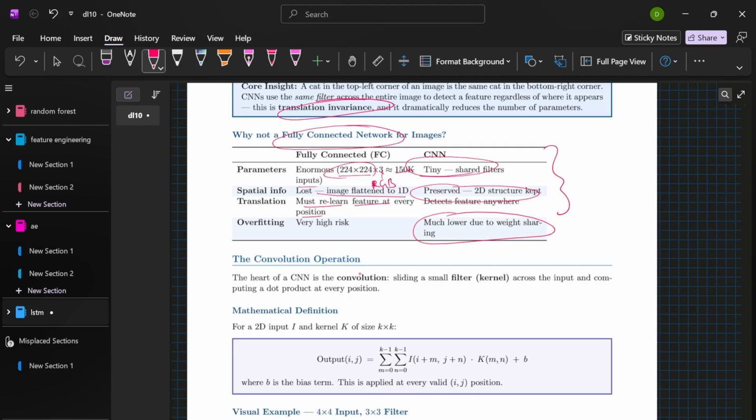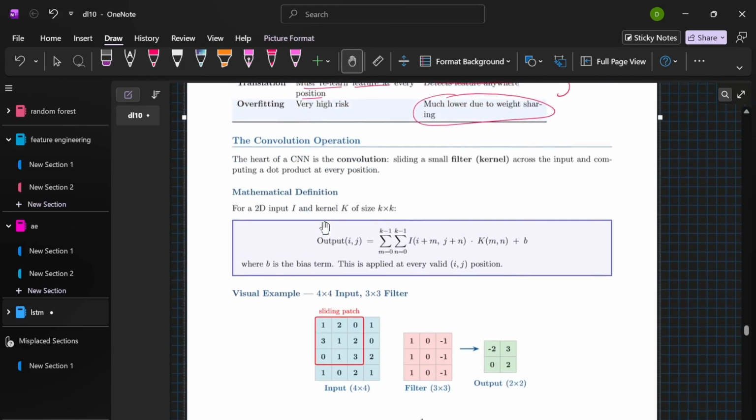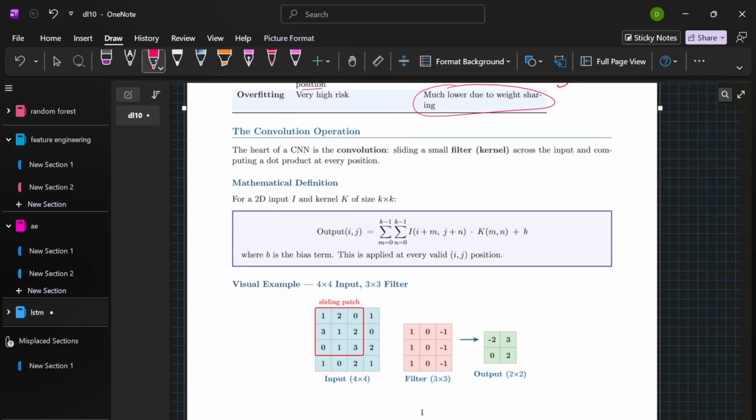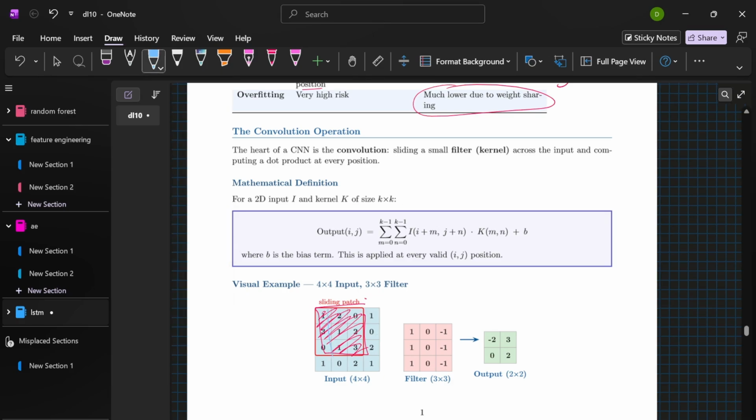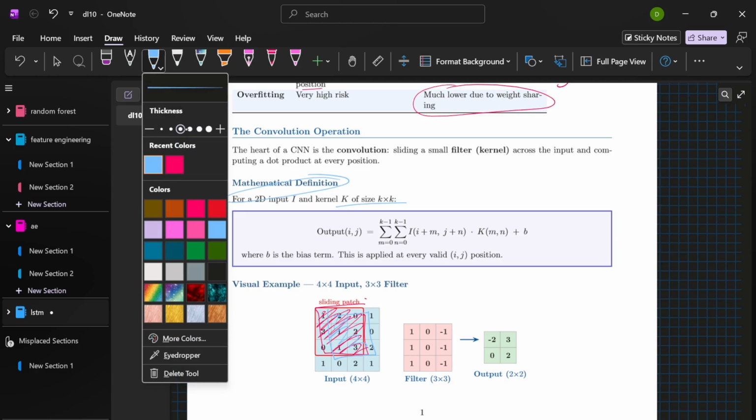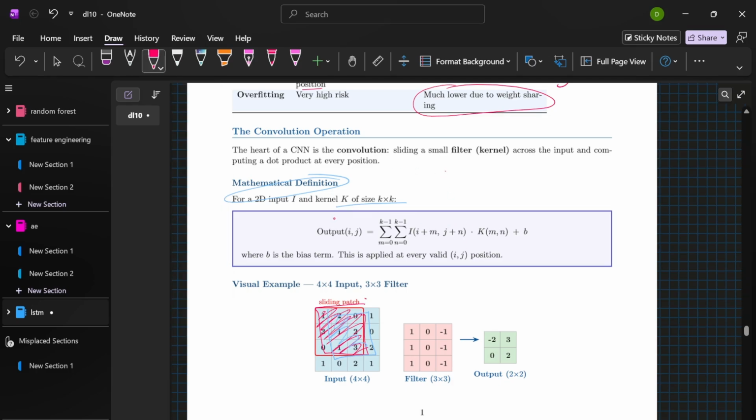Alright, let's talk about the heart of the CNN, the convolution operation. The idea is simple: take a small filter, say 3 by 3, and slide it across your input image. At every position, you compute the dot product between the filter and the patch of the image. The result is written out as a feature map. Mathematically, for a 2D input and a k by k kernel, the output at position i, j is the sum of the element-wise product of the kernel with the respective input patch